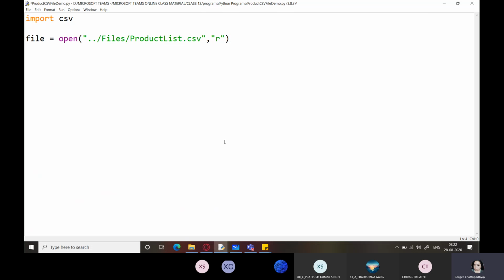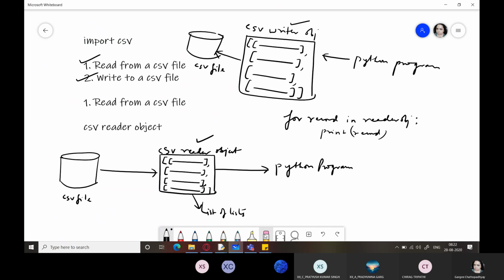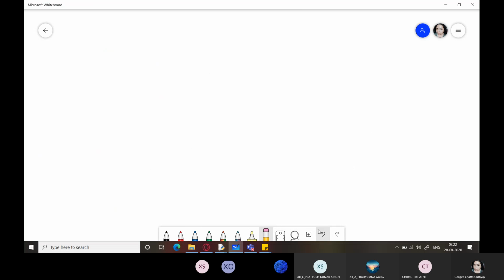So let us name the reader object as product reader, equals csv dot reader, and I'll give the value file. So let us understand this statement first of all. So here we have product reader.